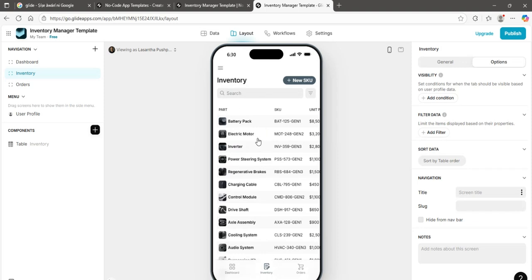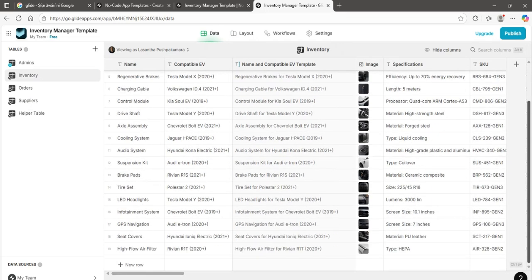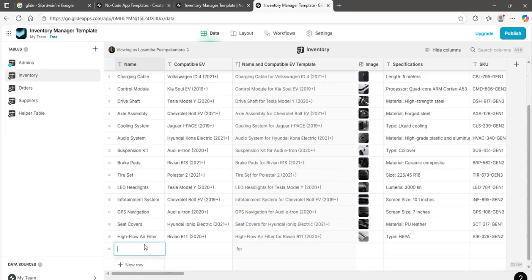If I want to add to the inventory, I can go back to data, then scroll down, and click new row. I can call it tubeless tires, for example. And I come here and let me just put Honda, for example. Tubeless tires for Honda. Let me leave this and leave the picture. Okay, if I go back to layout,